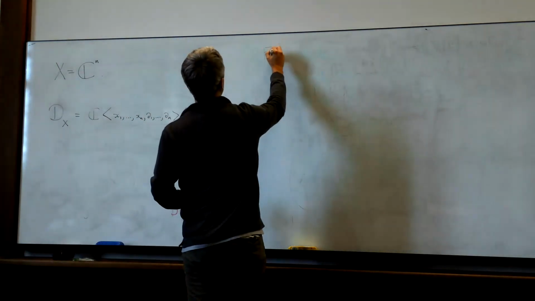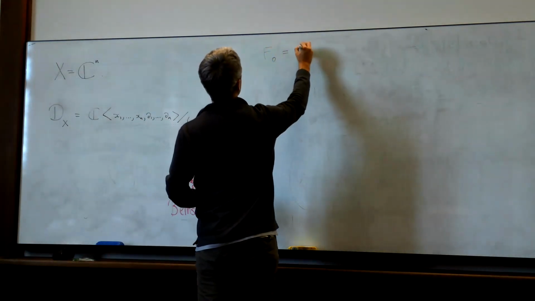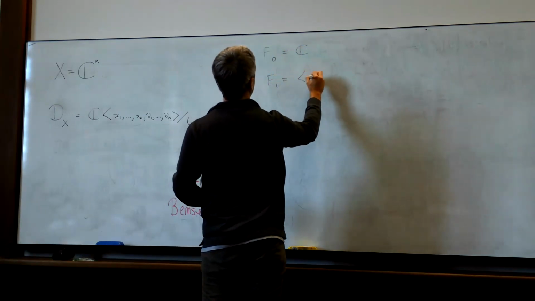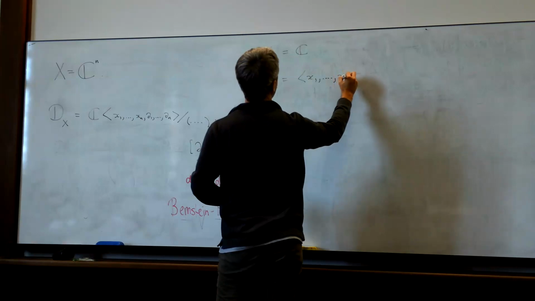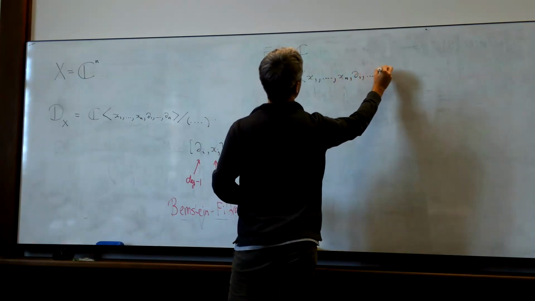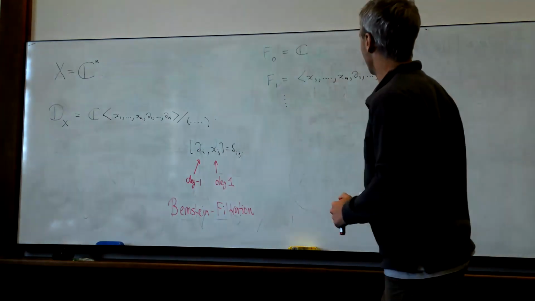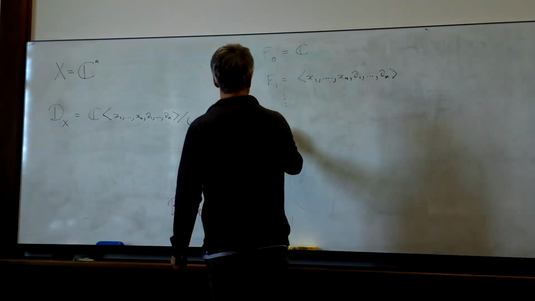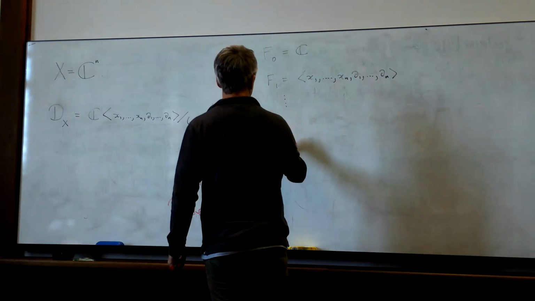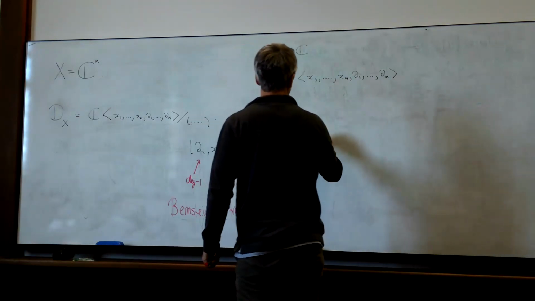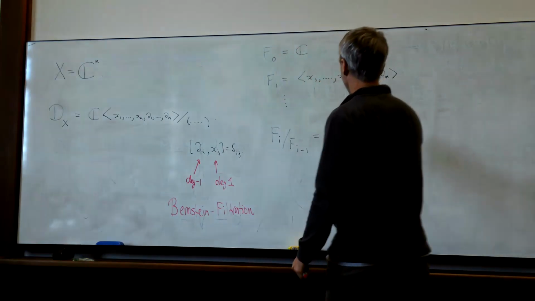Okay, so F0 is C, F1 is generated by x1 up to xn, d1 up to dn, etc. And notice that Fi modulo Fi minus 1 is homogeneous polynomials